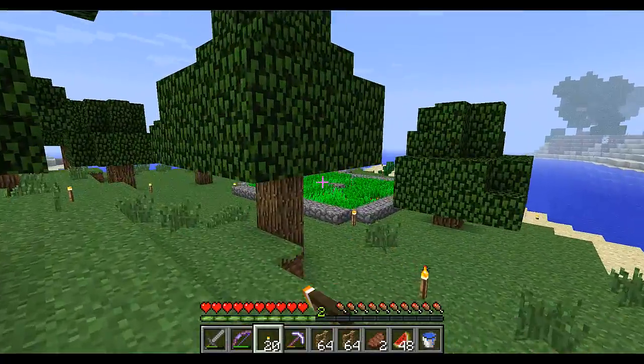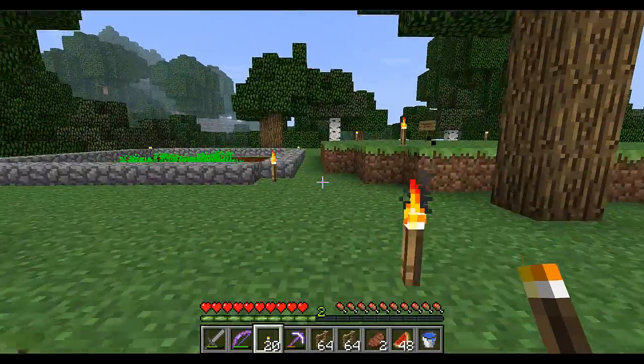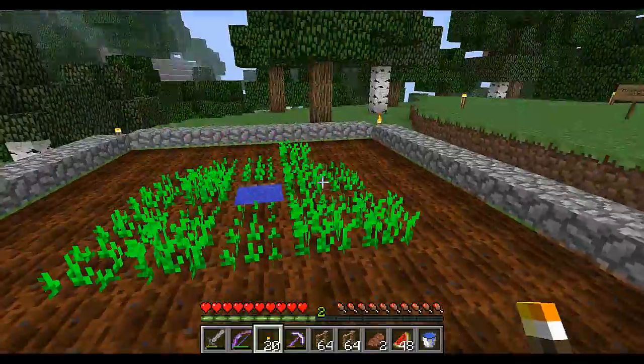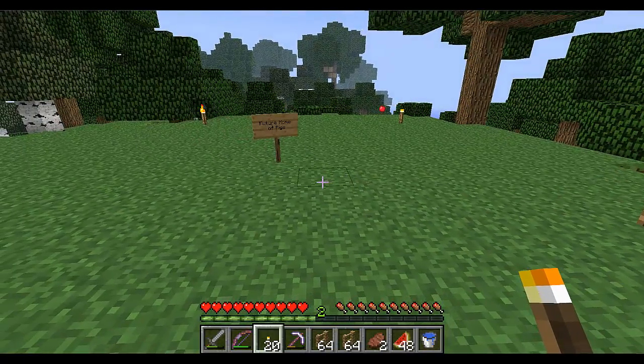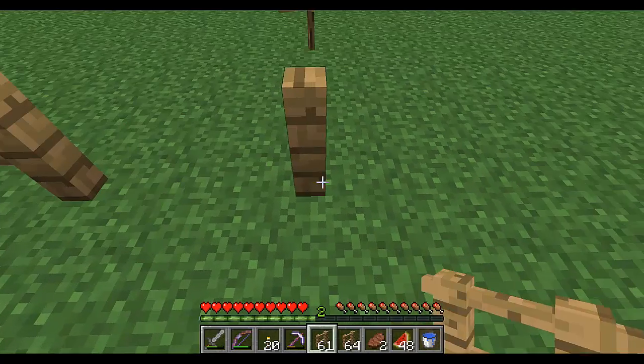But so we've got our carrot farm here. We saw that last time, I think. And I've laid out the starts of a potato farm. Found a potato on a zombie or something, and so I've been slowly building that crop up. My plan is to throw some pigs in up here because it's by